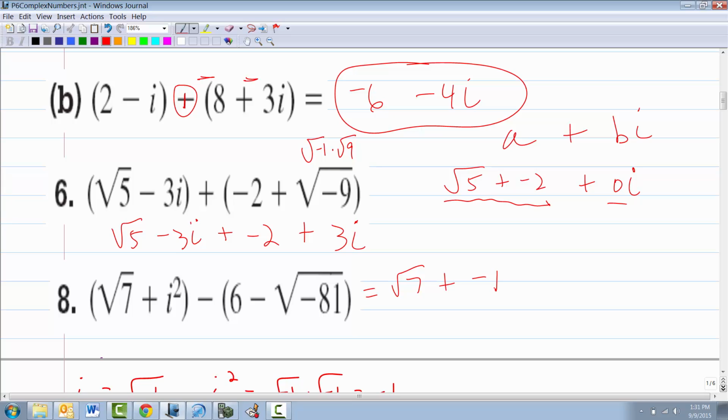Then what am I supposed to do with that minus sign? Hurry up. Change it for positive and then distribute it. Got it. And that was kind of easy. What about that root negative 81? 9i is right. You just have to figure out that it's root negative 1 times root 81, and then you break it down.